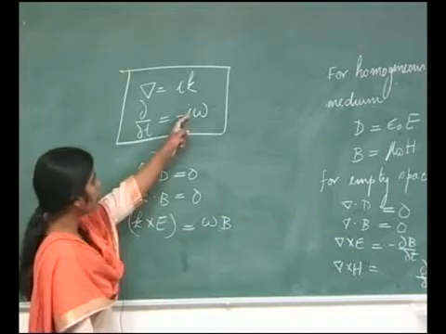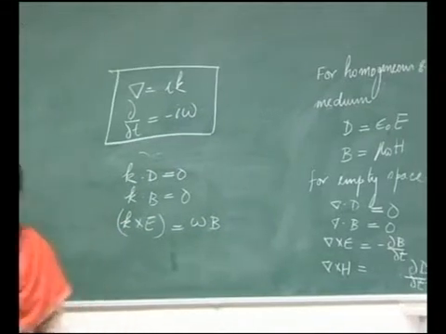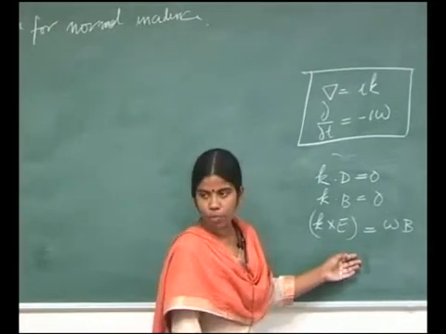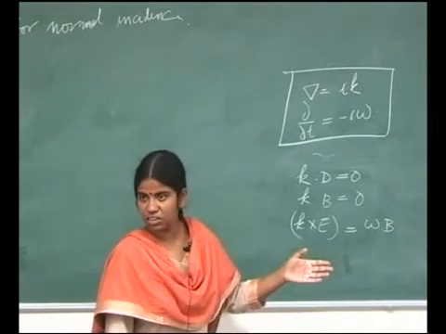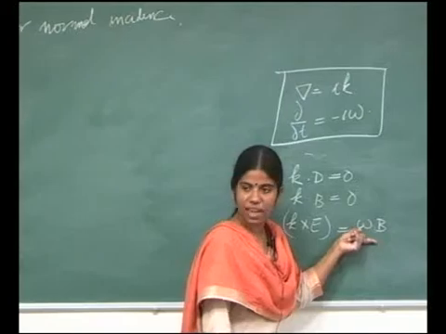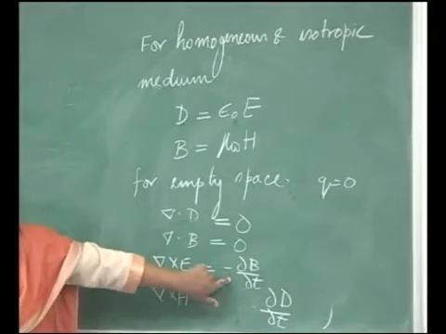Definitely the i component will not get multiplied with the i component, it will be only i cross j and i cross k component, okay. Now, depending upon the direction of propagation, because my direction of propagation is along the z direction, I will have only i cross j component. i cross j is 1, so I will have omega B. The minus sign here will go away with this minus sign, okay.